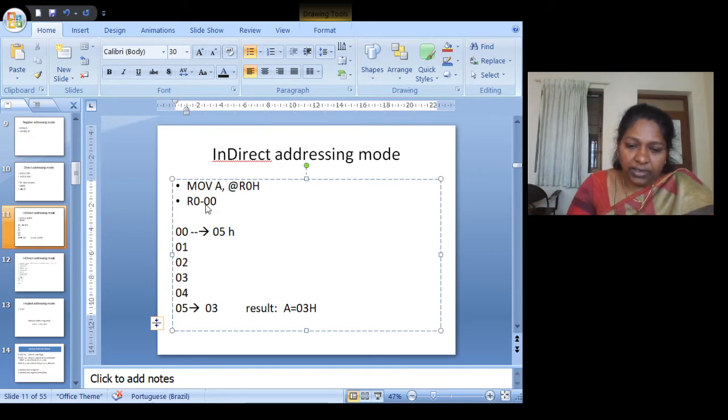I should take whatever is inside R0. Always this bracket I indicate to show that it is taking the value from inside that register. So from inside of R0 I have 00. So it goes to 00 as a location. It is not taken as data. It goes to the location. In that location 0, I have a value of 05. Okay.